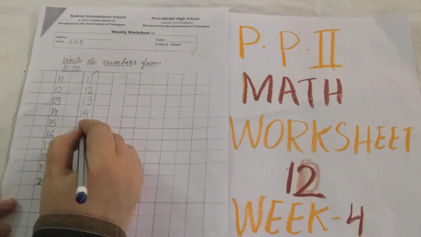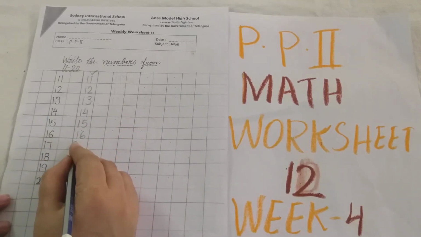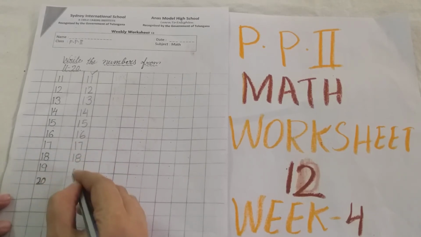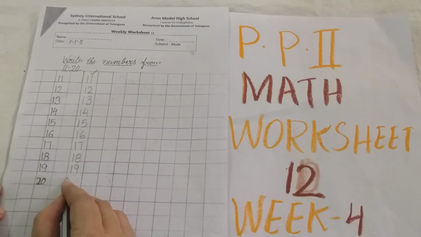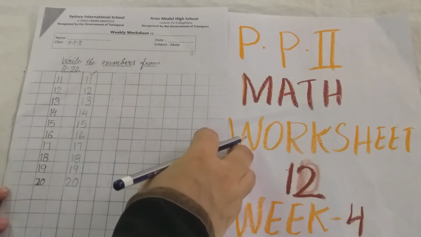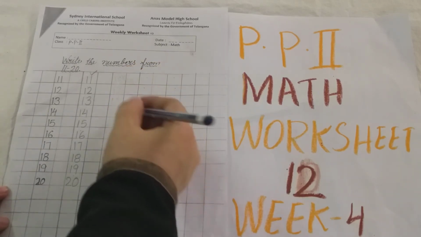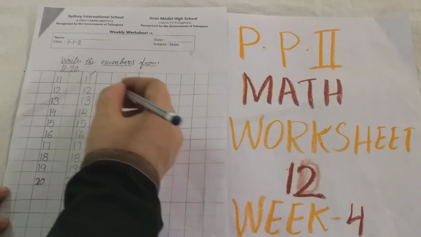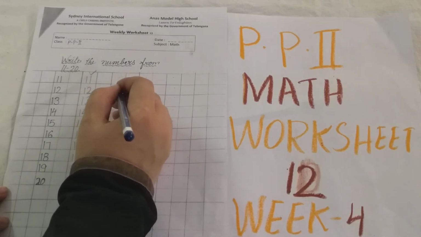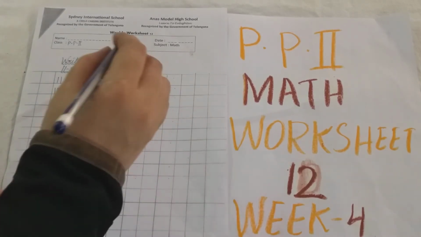Now 1, 5, 15. 1, 6, 16. Touch the line and write properly. 1, 7, 17. 1, 8, 18. 1, 9, 19. 20. Now in the same way you have to write in the other boxes also. Okay, touch the line, write properly, write both the numbers equally. If you are writing 1, 1, 11, you have to write the 1 and 1 equally, touch the line and write. Okay, you should not write in the middle.